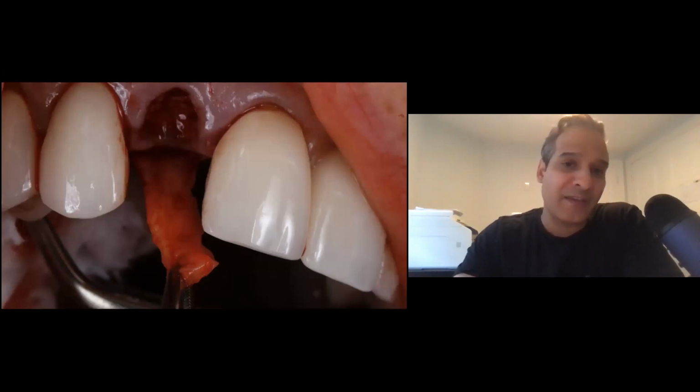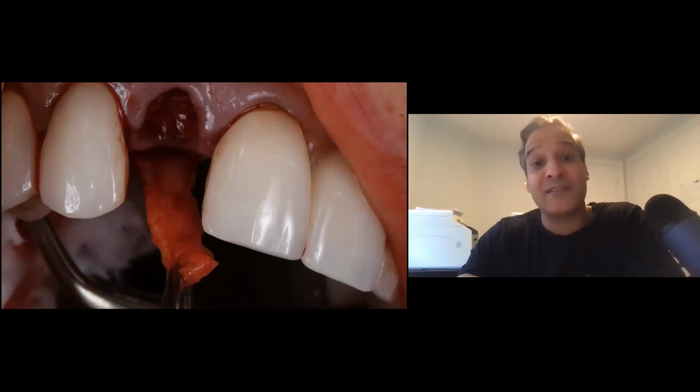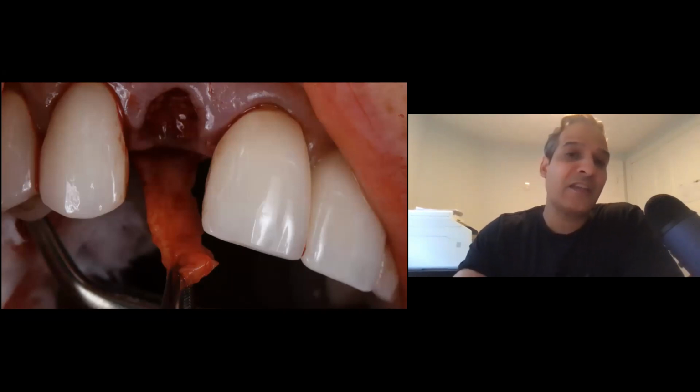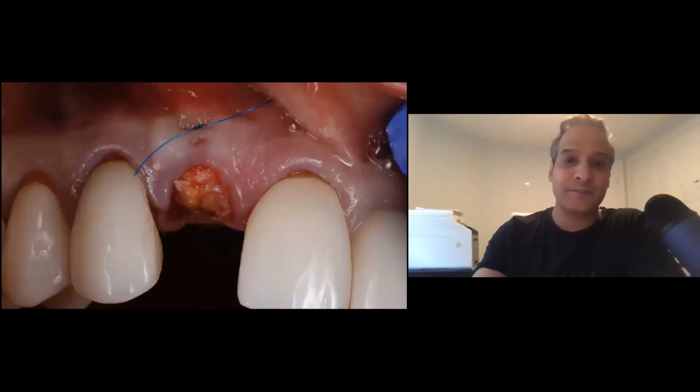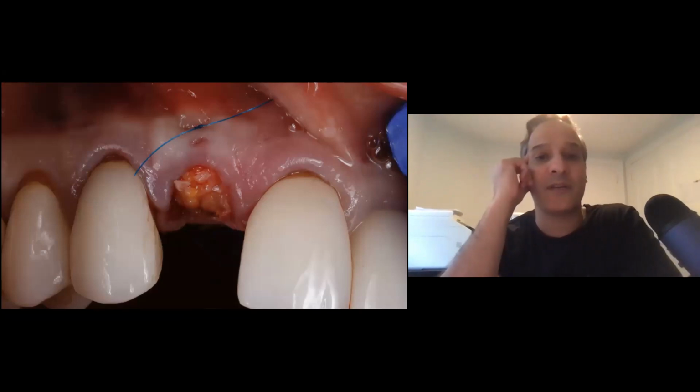What I do is I make a single incision on the palatal side. We harvest our connective tissue graft. I start to cut it out from the distal. And then right at the mesial end, which ends right behind this socket, it's still attached to the tissue. Then we make a small incision internally from where I'm getting the graft through into the sulcus, and it slides over the graft and gets tucked into the buccal,